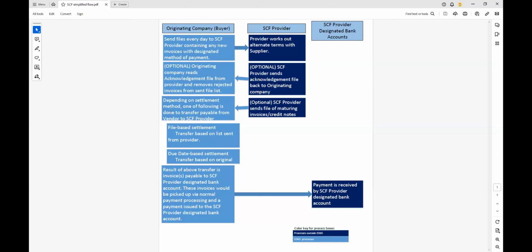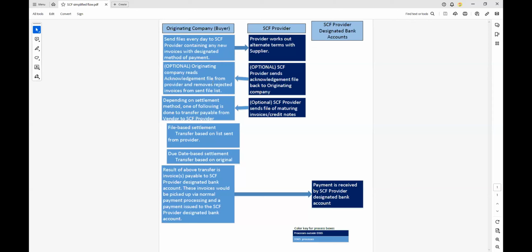But what the provider does with the eventual payee is not a lot of concern to me, because I'm always going to owe the provider on the original due date. So I still get to hold on to my money as long as possible, but the payee gets their discounted payment a little bit early, or a lot early in some cases.